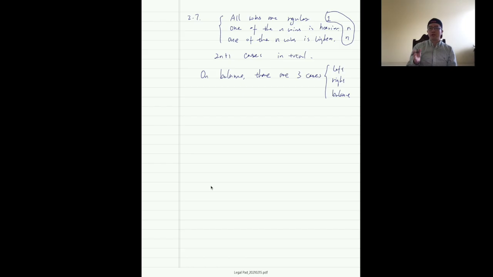And with the combination, right, if we weigh 2 times, how many cases can we resolve? It's 3 squared, right? Because every time there are 3 cases, right? So this means that if we weigh k times, there are 3 to the power of k combinations,